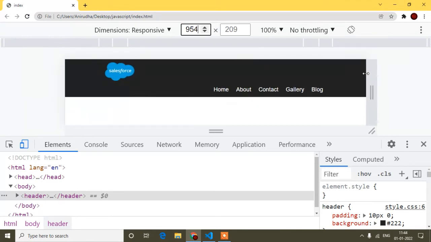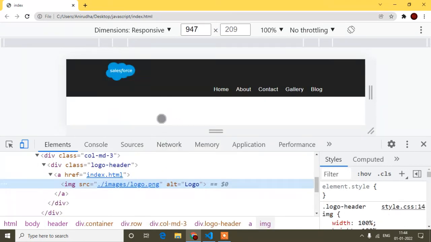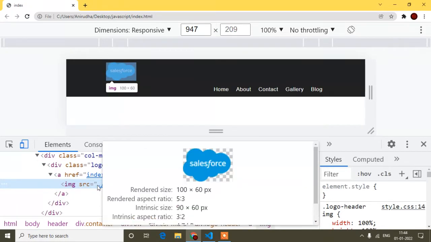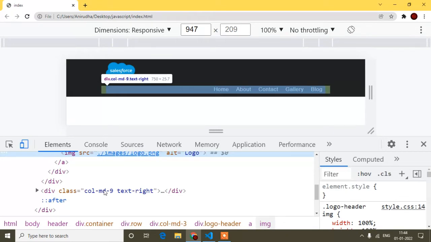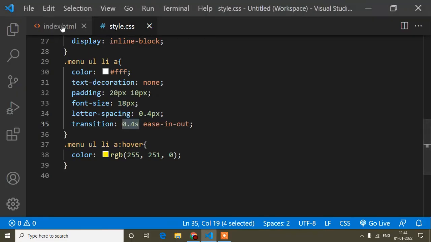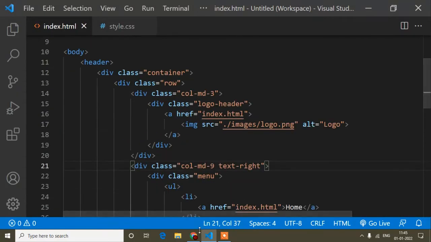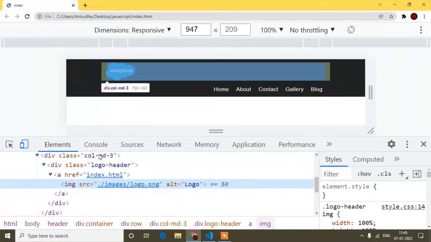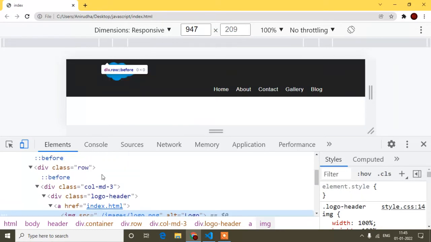So you can see. Okay, so guys, what I will do here: you can see this is logo 3 and this column is 9. Now I have to write, because what's happening here is I have written column MD3, but it's MD3.